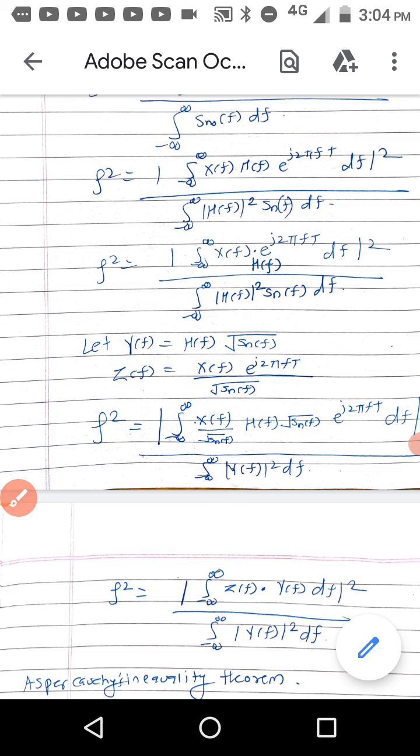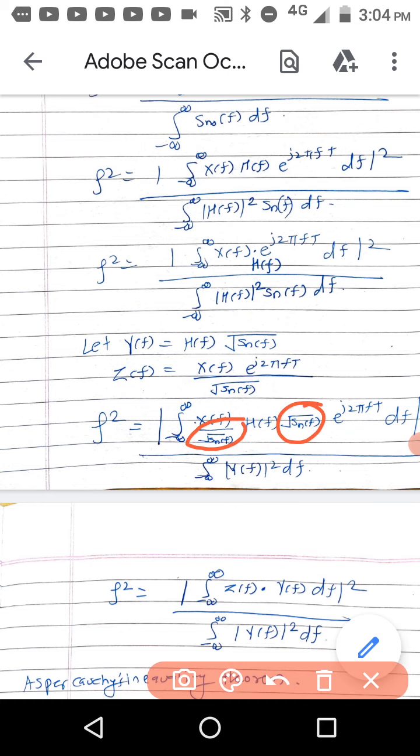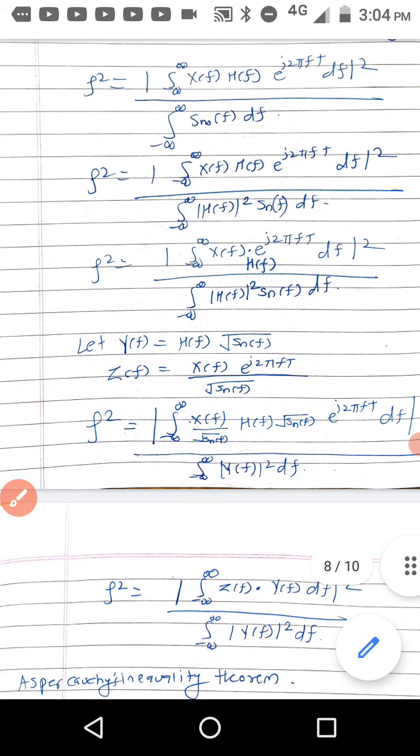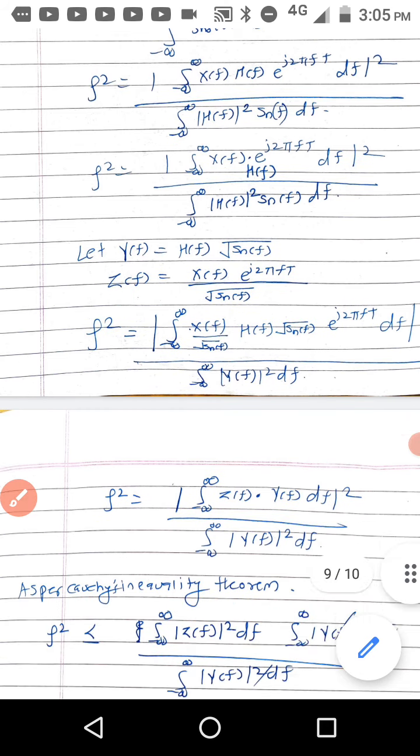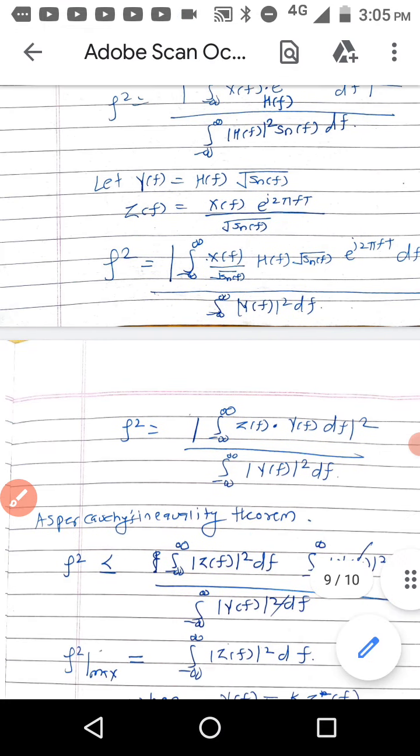Now we are multiplying and dividing the numerator by square root of S_n(f). Now X(f) into square root of S_n(f) into e raised to j2πft is equal to Z(f), and Y(f) is equal to H(f) into square root of S_n(f). So that is written here, Z(f) into Y(f)